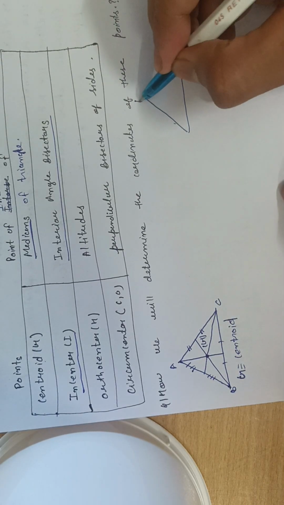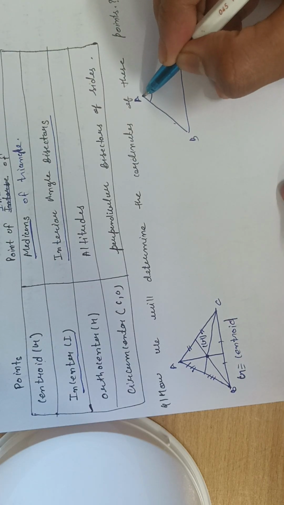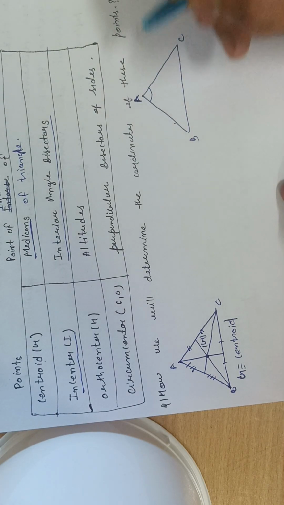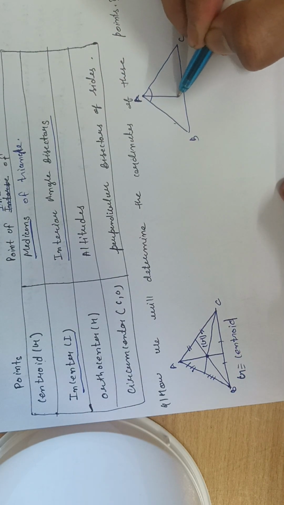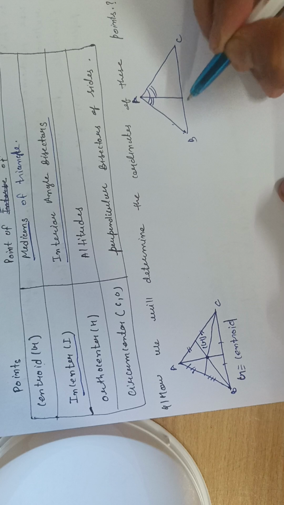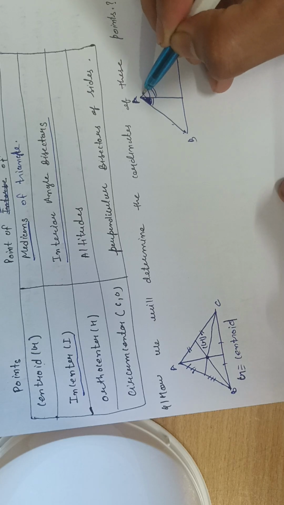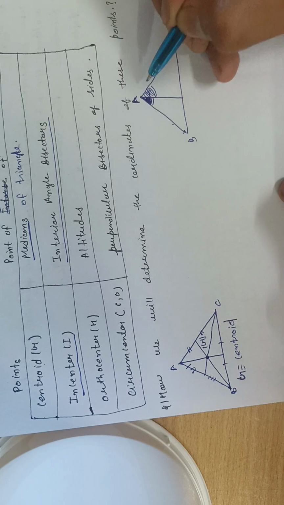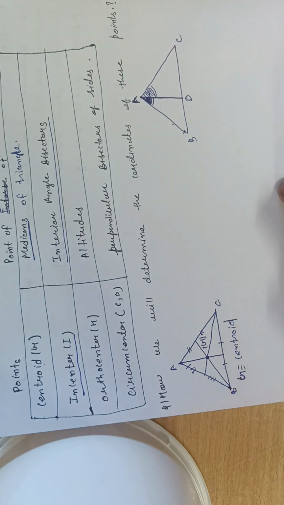This is our triangle ABC, and if you see the angle A, अगर हम एंगल A को देखते हैं तो इसका जो इंटरनल एंगल बाइसेक्टर है, both these angles, this angle and this particular angle are equal. Suppose that this line AD is the